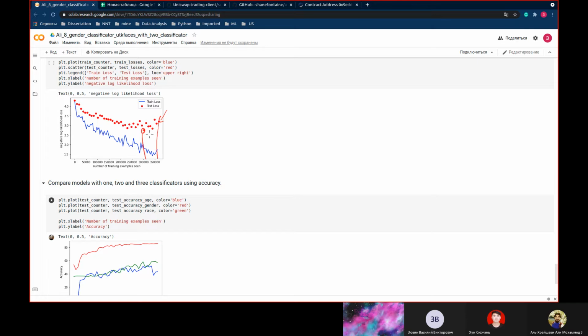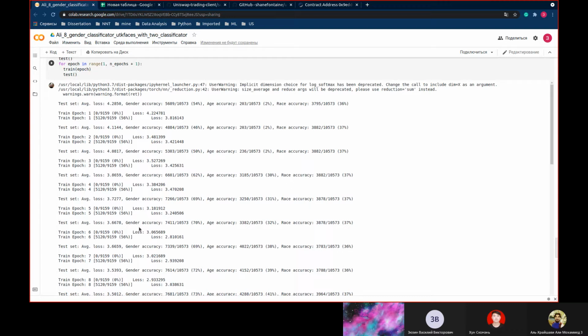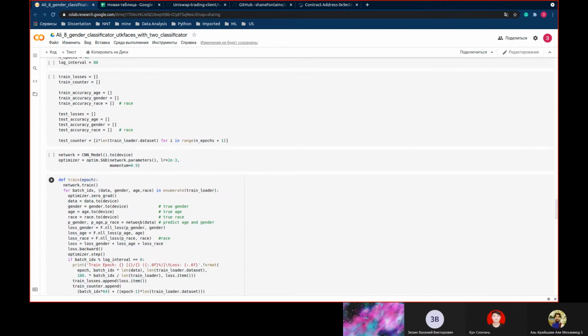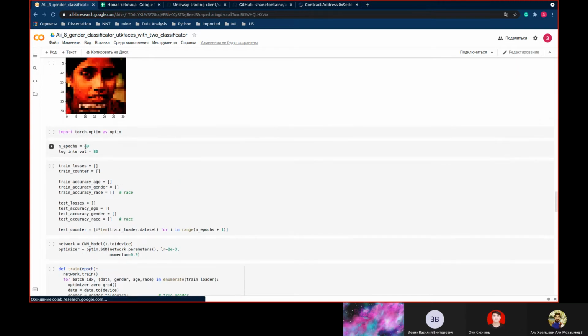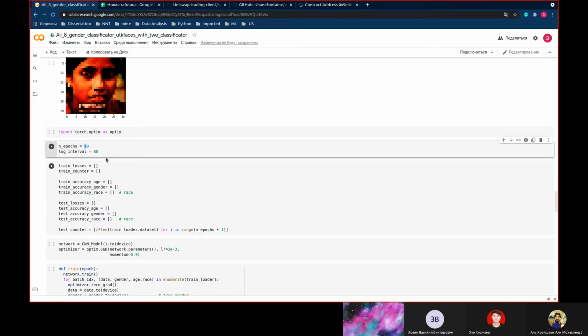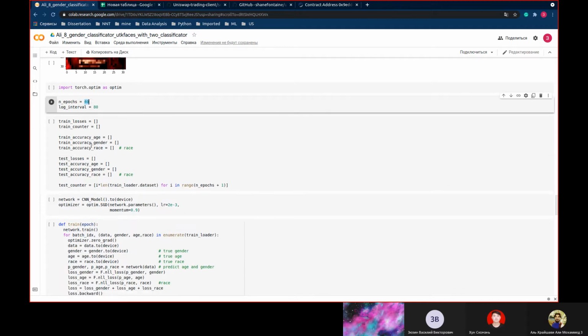Yeah, but of course it's better if you stop your training earlier, something here. For this you need to limit your number of epochs. I guess that now you determined the number of epochs as 40. But maybe it will be better if you use 35.